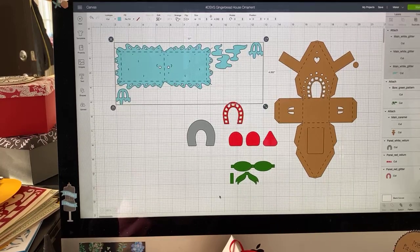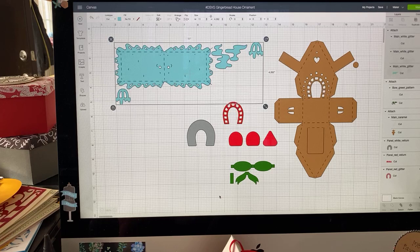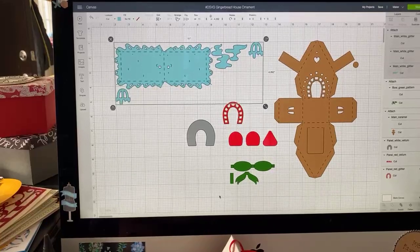So there may be a situation where you can find it because you might have purchased it. I think it was part of a digital mystery box because I don't remember purchasing it outright. But if you don't own this, then you can purchase it from Dreaming Tree directly. So I'm going to show you where to find it from Dreaming Tree, but also going to show